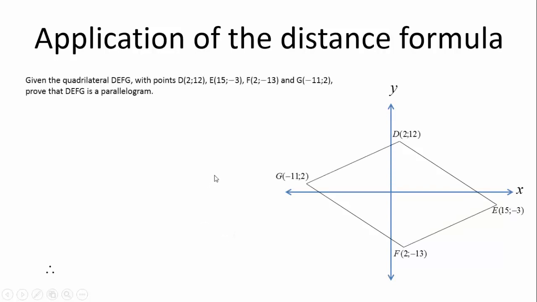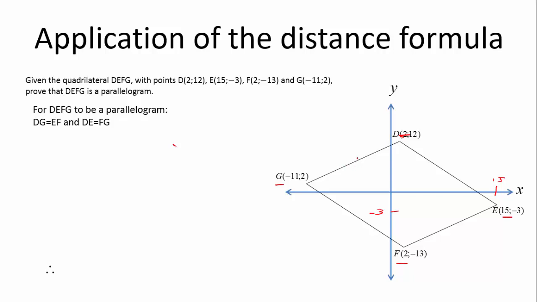We have a parallelogram, or we're trying to figure out if this quadrilateral is a parallelogram. So we have D, E, F, and G, right? And we're given the coordinates of these figures. You can work out that that's 15 for X, that's 3 for Y, negative 3, you know this. Okay, so now proving if this is a parallelogram, we